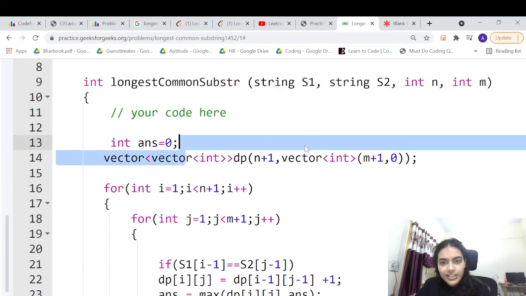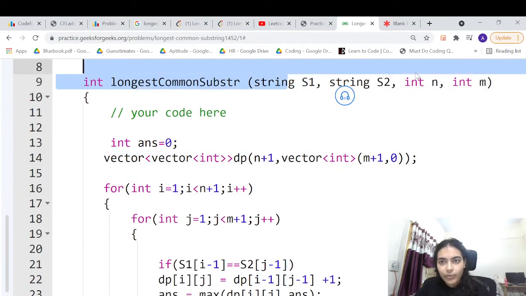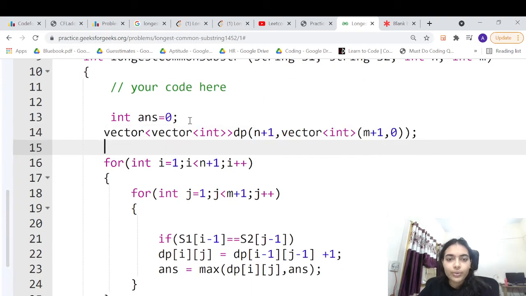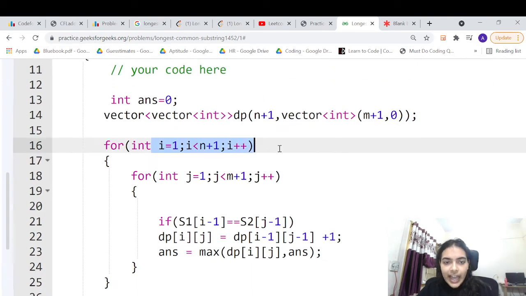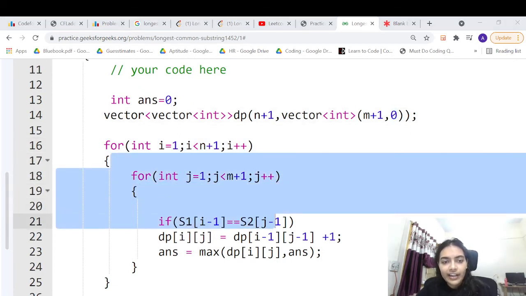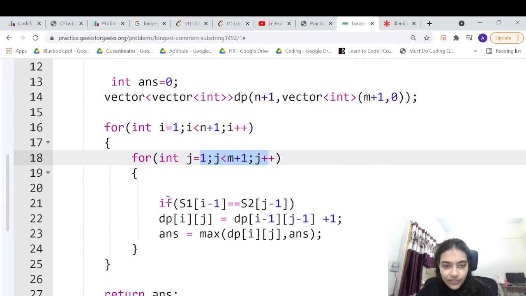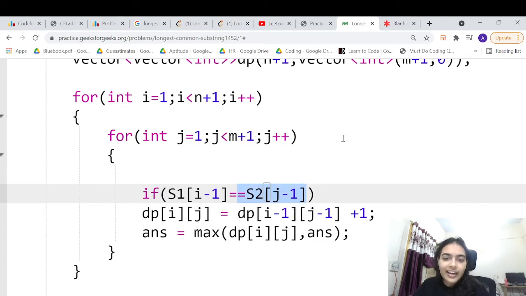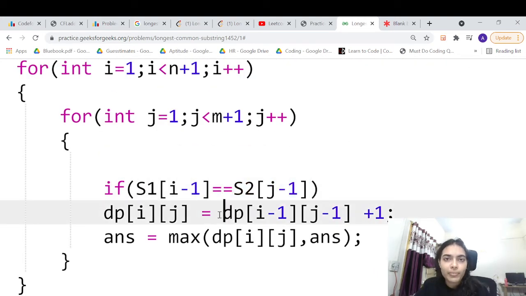So we have a DP matrix. N is the size of string 1 and M is the size of string 2. And then you will have to declare this DP matrix, and we are doing the normal iteration. So initially we are filling the values as 0, and while we are iterating, we can just check if the characters are matching. So there's just one simple condition. If the characters are matching, then in that case you will have to look at the previous block, because it has to be continuous. So just look at the previous value and add 1. If the previous value is 0, then the length will simply be 1. If the previous value is 2, it will become 2 plus 1, 3, and so on.